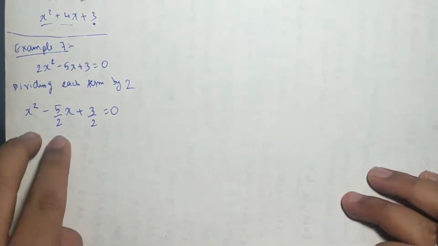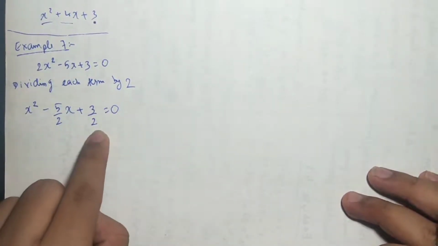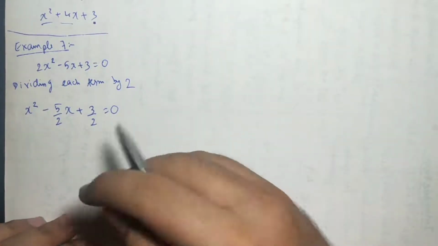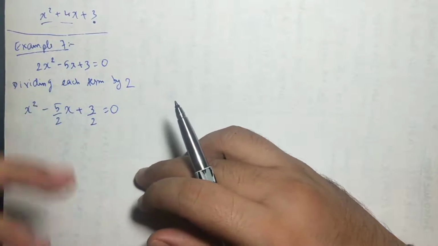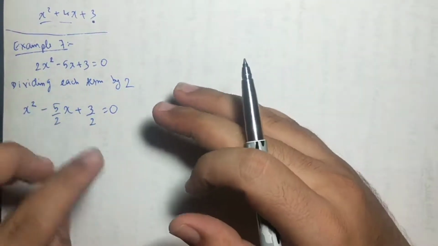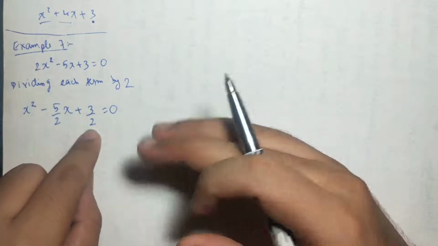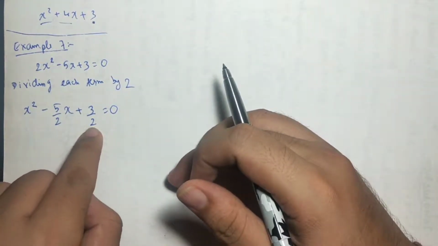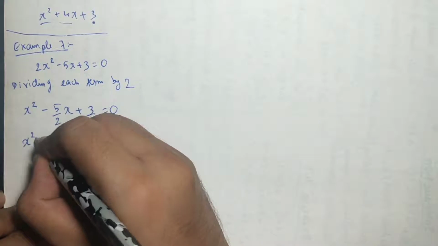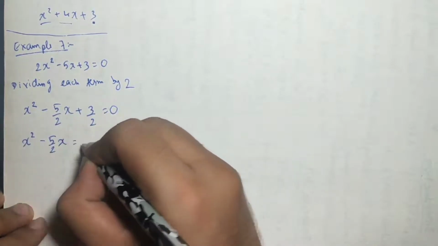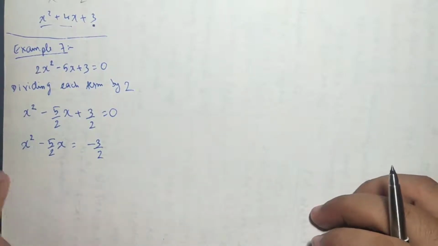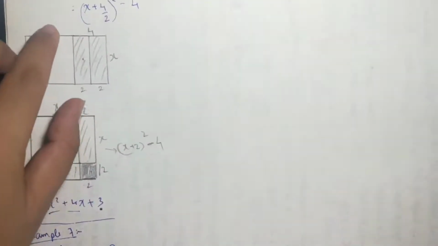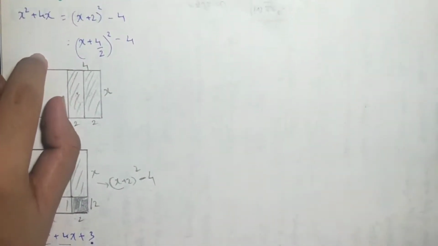As we know, we just need the first two terms. This third term is not required, so first I am taking this third term on the right hand side. You can combine two steps, but for explanation I am just splitting the steps. I am taking this 3 by 2 on the right hand side. It will be minus 3 by 2. Now these are the two terms which we understood over here with an example.